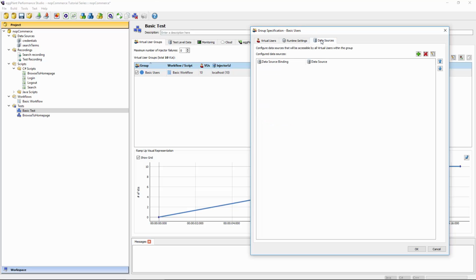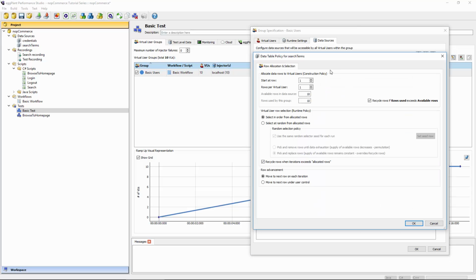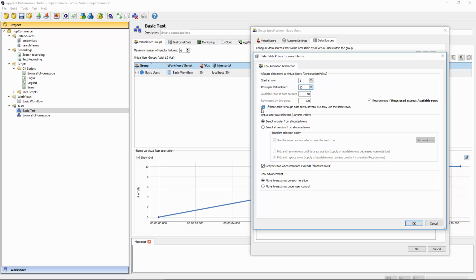Instead, we actually want all the rows in the file to be available to all the virtual users, and that's why we're going into the virtual user group in order to get to the data sources setting page in here. So if I add my search term data table through this location, we get this dialog here, which gives a lot more control. So I'm going to make all the rows in this table available to all of the virtual